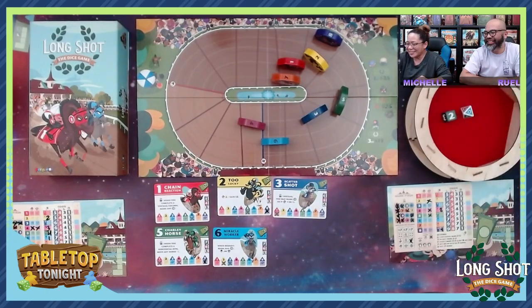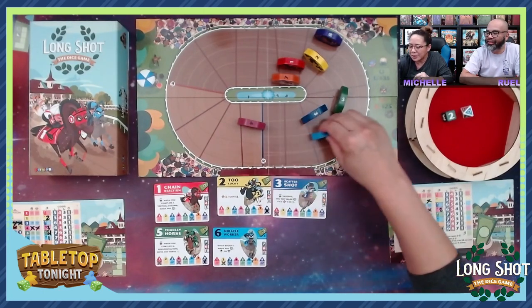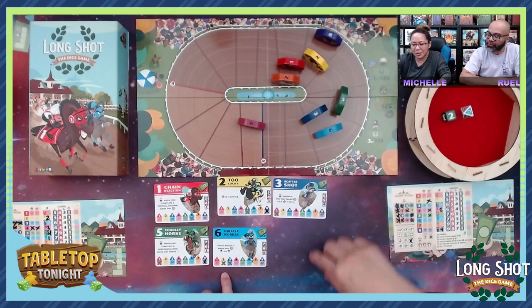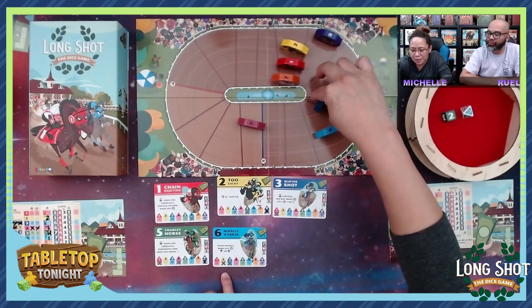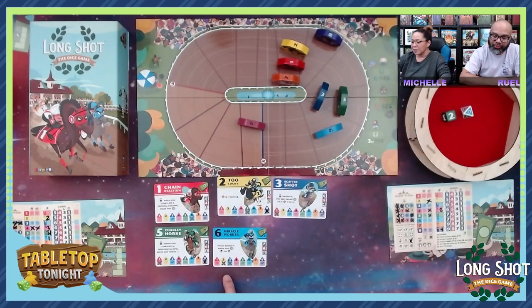Okay, so, 6. Finally got the move. Out of the mud. Okay, so number 6. 2 moves. 3 moves. Okay. And that's it. Okay, so 6. I am going to...